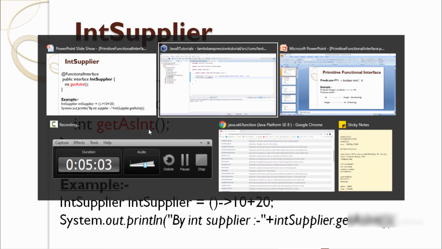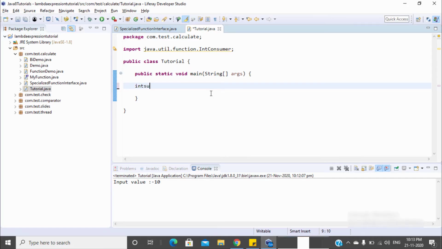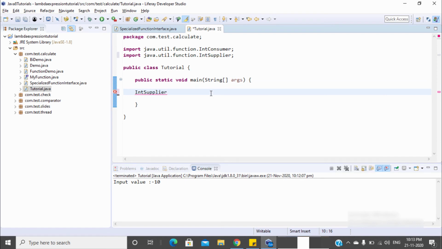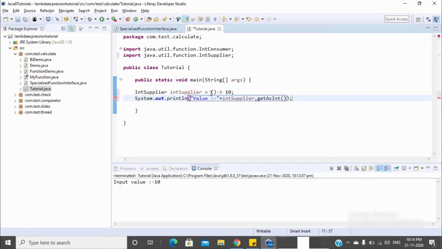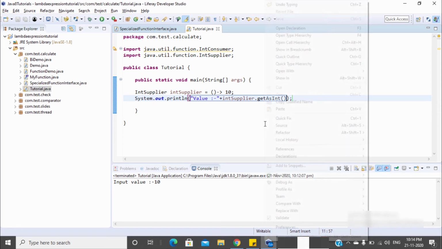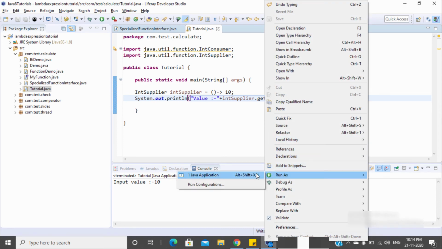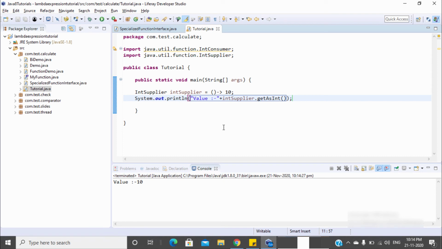Let's see the example for these also. Now we have IntSupplier, and it always returns something but never takes anything. As you can see, because we are using IntSupplier, the method is getAsInt. The value is 10.